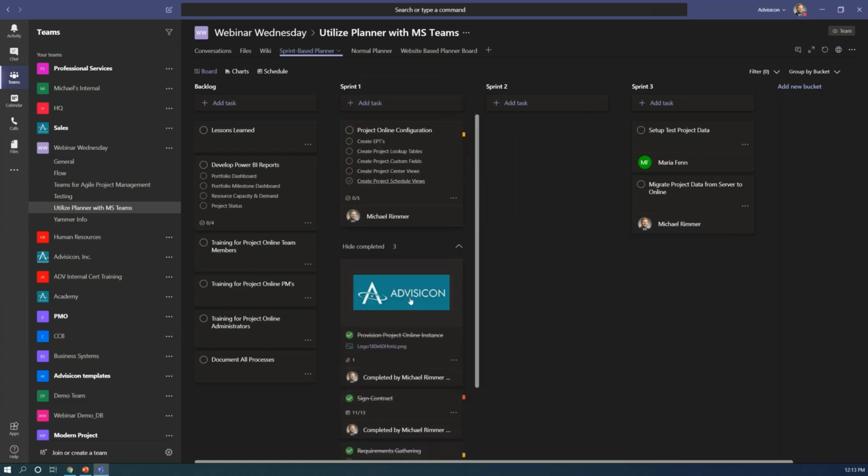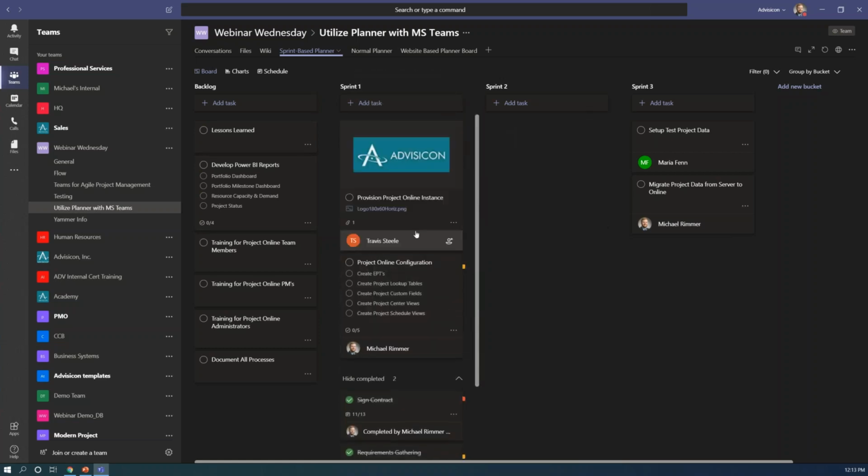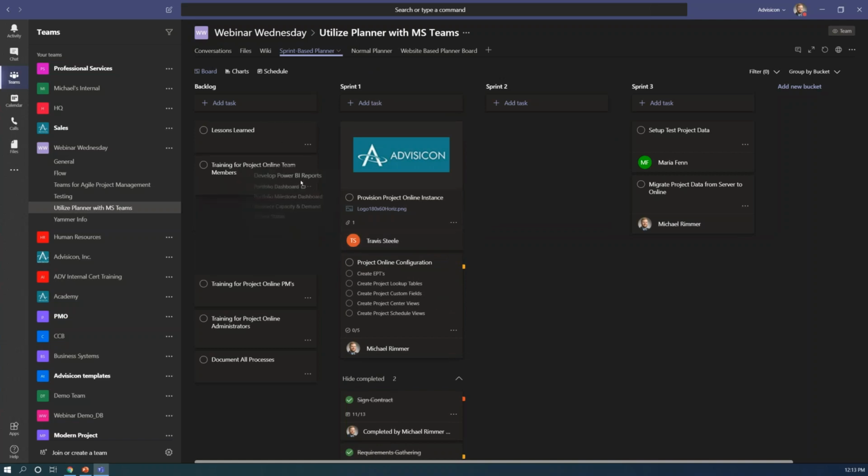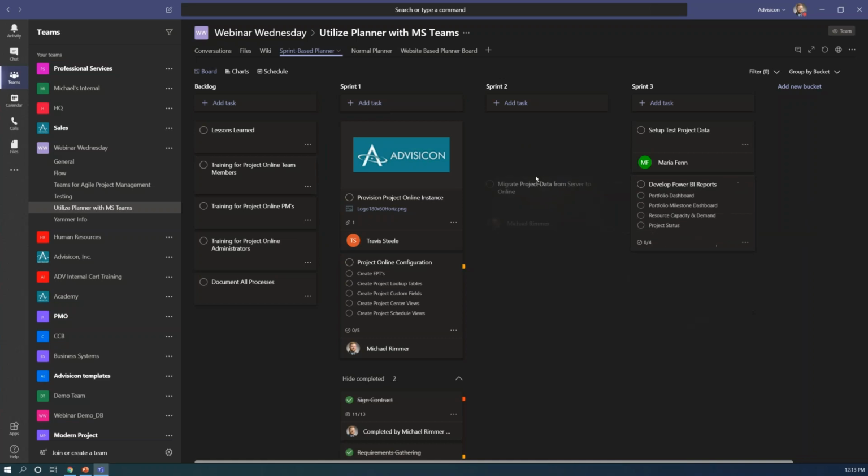Oops, I accidentally moved that one into the completed category, so I'm gonna move it right back out. We can move tasks from the backlog over to the other sprints, move everything up as we have our meeting. Yeah, this is one particular way that you can utilize Planner for project management within teams.